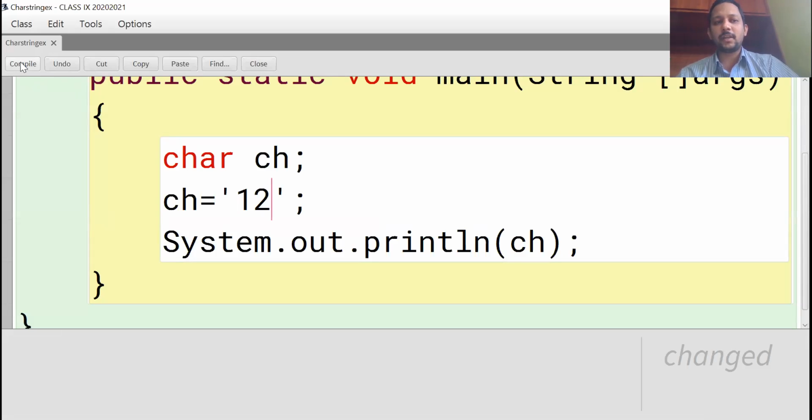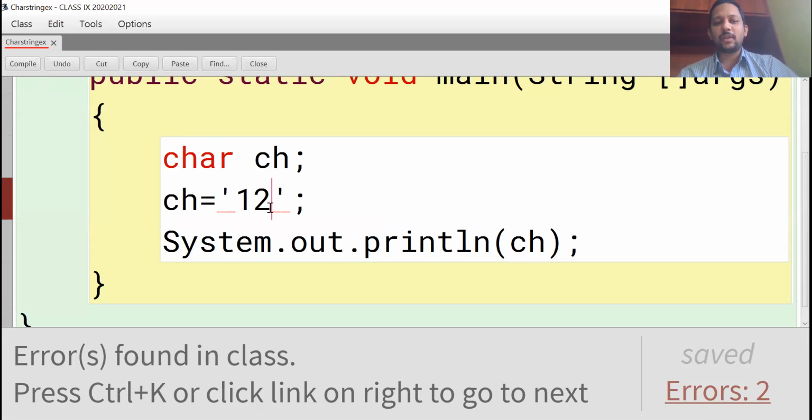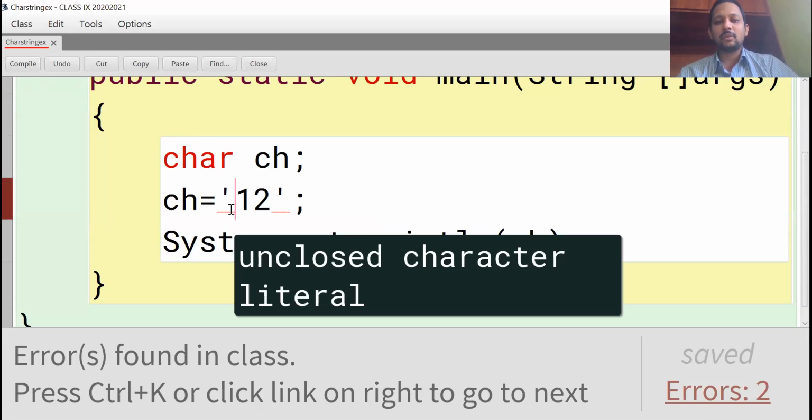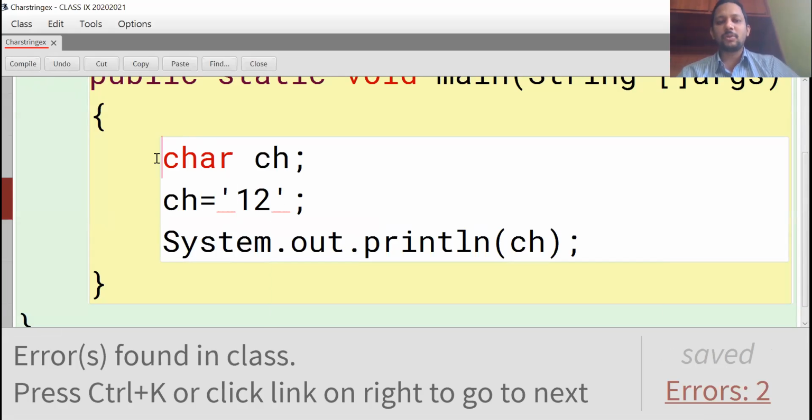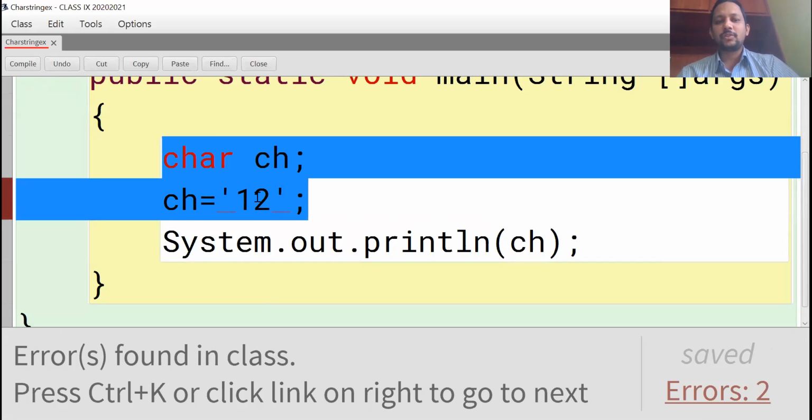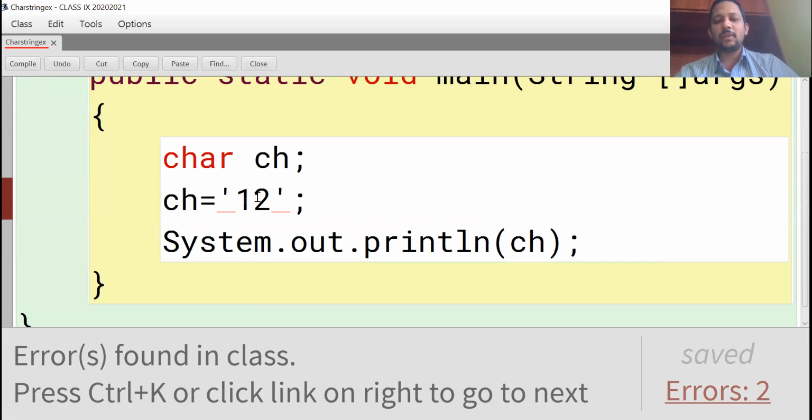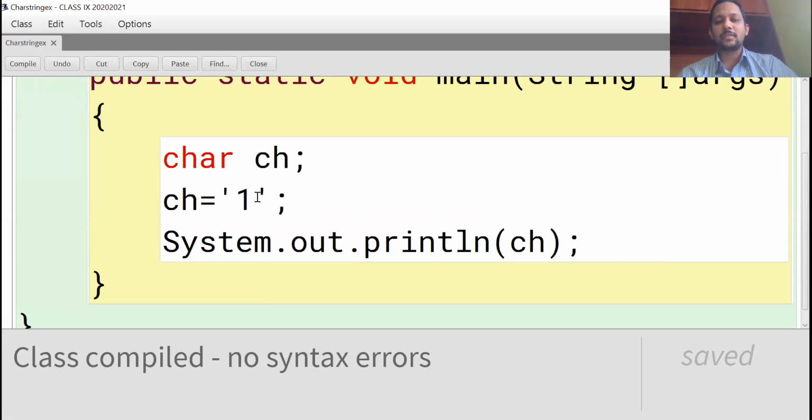Error, immediately error, because 0 to 9 only. See here, unclosed character literal, that is an error. If they give this code, identify the errors in the above code; then 0 to 9 only it will accept. See, now no errors. So this is the character literal.